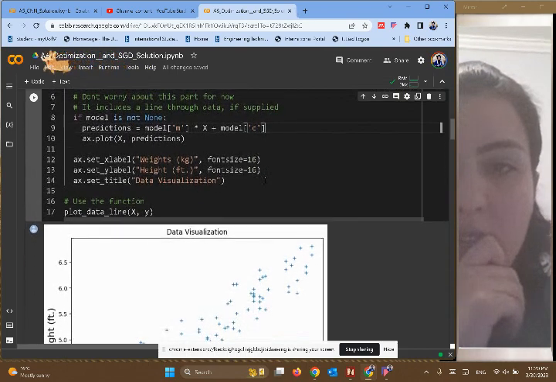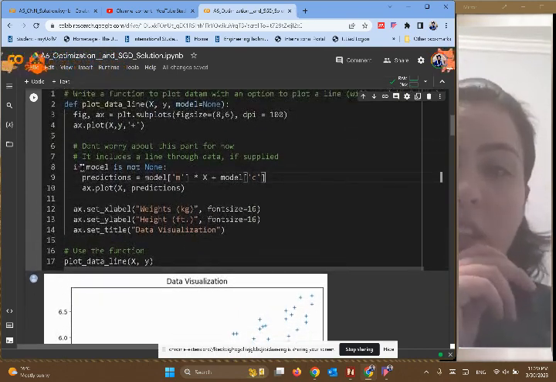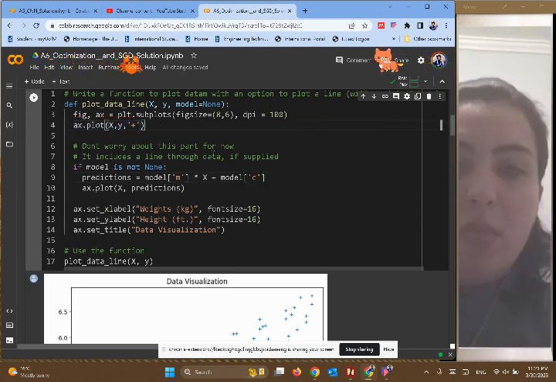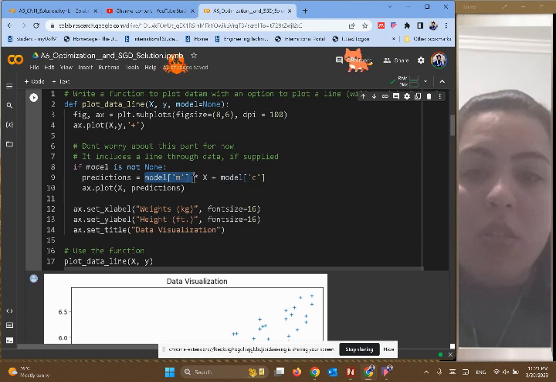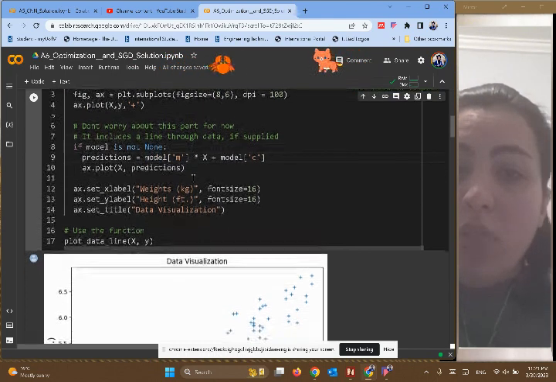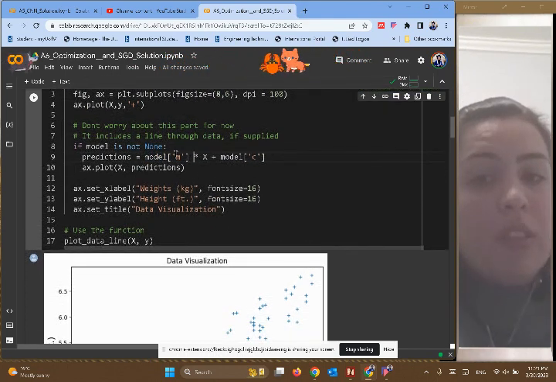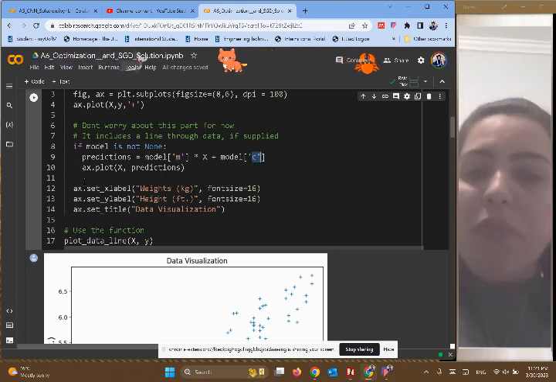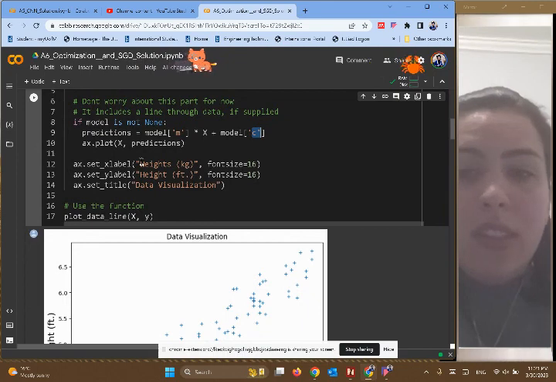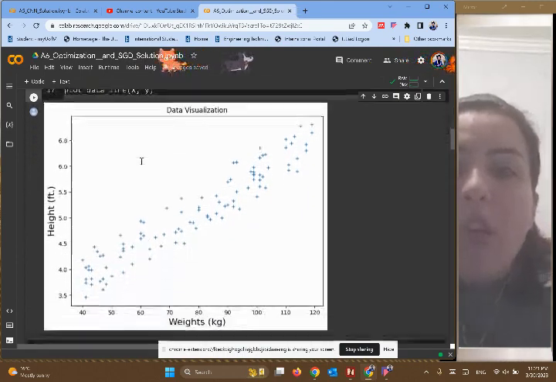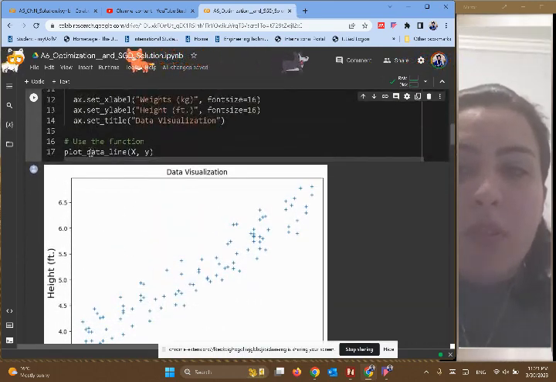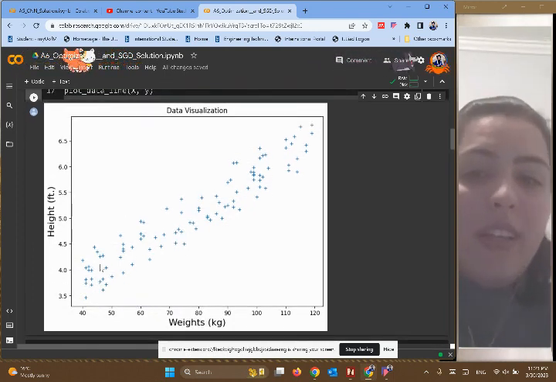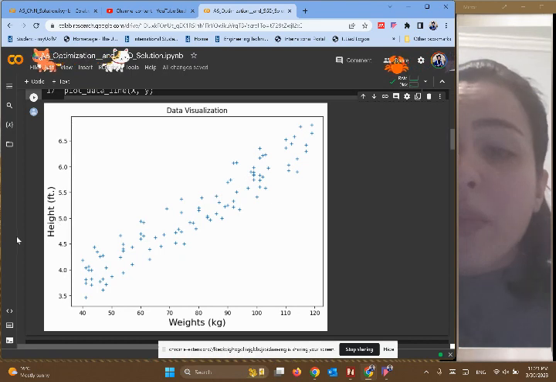It checks whether the model is None. If it's None, it just plots a line. If it's not None, if there is a model in there, it plots something related to that model. We want to see later what m and c would be in the model, so we don't know it yet, and then it plots something on top of that. Here, because we don't have a model as an example, we're plotting the data line for the x and y we defined up there. So this is like a scatter plot,